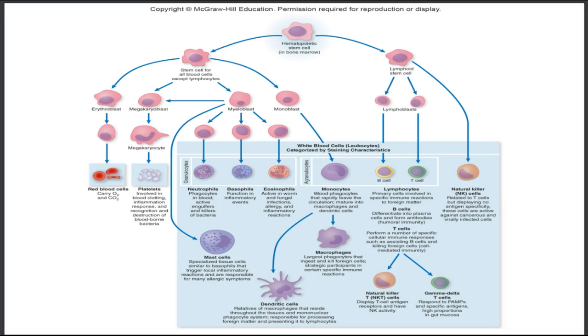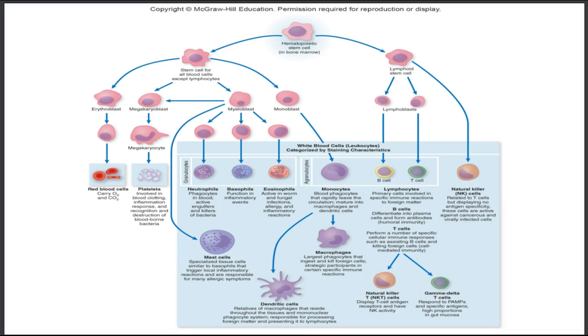Stem cells are found in bone marrow, and this is where most red and white blood cells mature. However, some of these white blood cells are going to travel to lymph structures, structures of the lymphatic system, and that's where they will mature and become trained to be specific or recognize specific